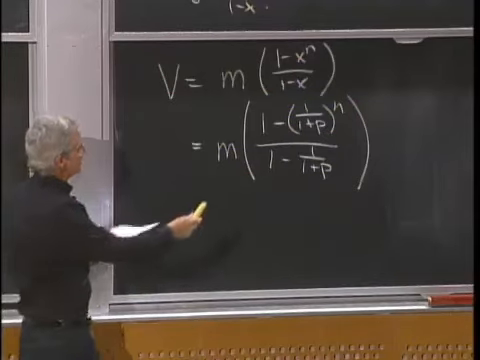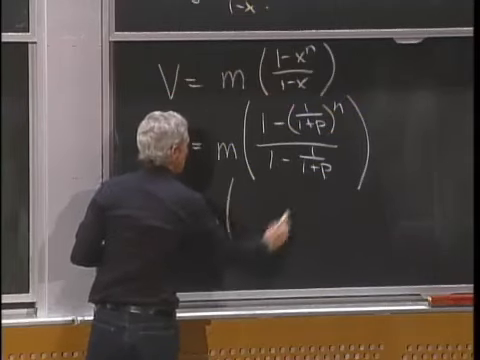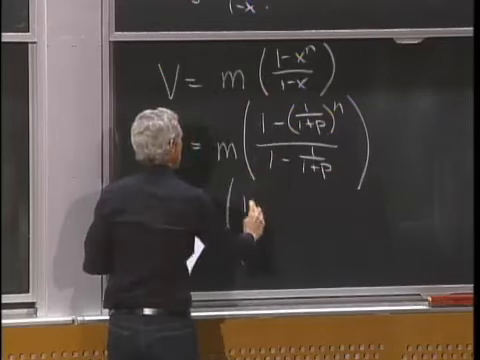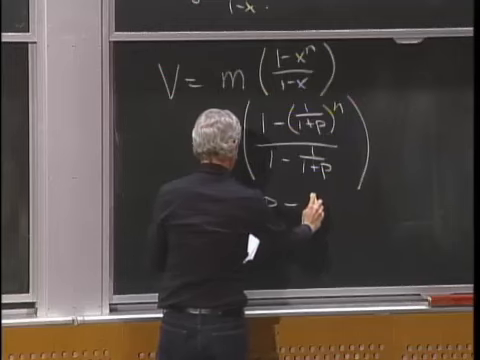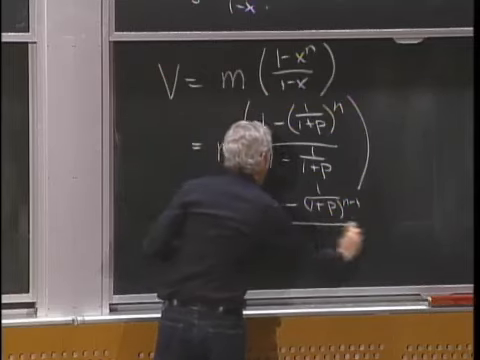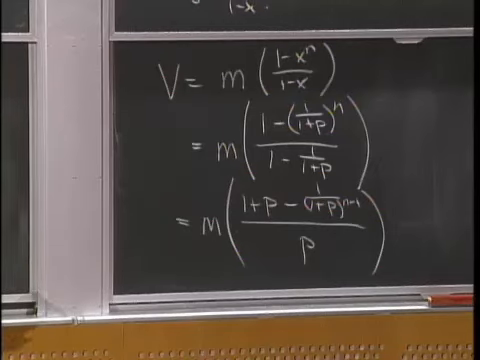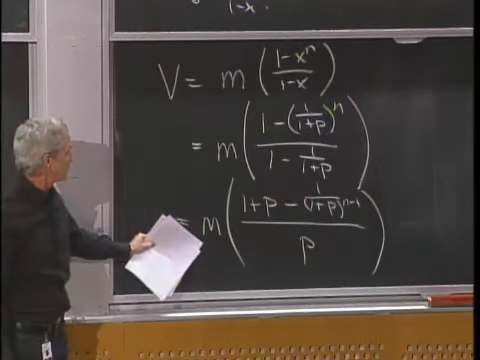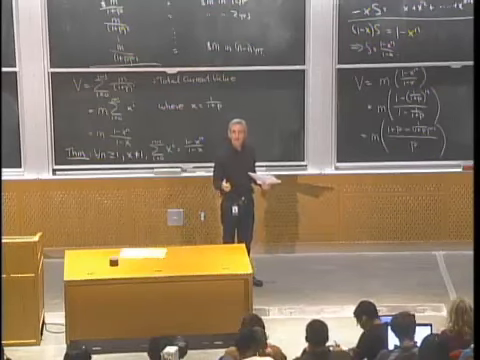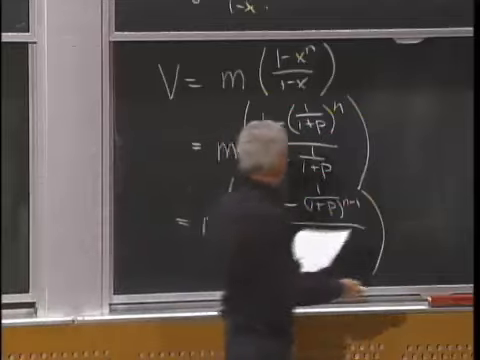And now to simplify this, I'll multiply the top and bottom by 1 plus p. And I'll get 1 plus p minus 1 on the bottom, which just gives me a p on the bottom. I have a 1 plus p on the top minus 1 over 1 plus p to the n minus 1, all over p. All right, so now we have a closed form expression for the value of the annuity. All we've got to plug in is m, the payment every year, and the number of years, and then p, the interest rate. And so, for example,